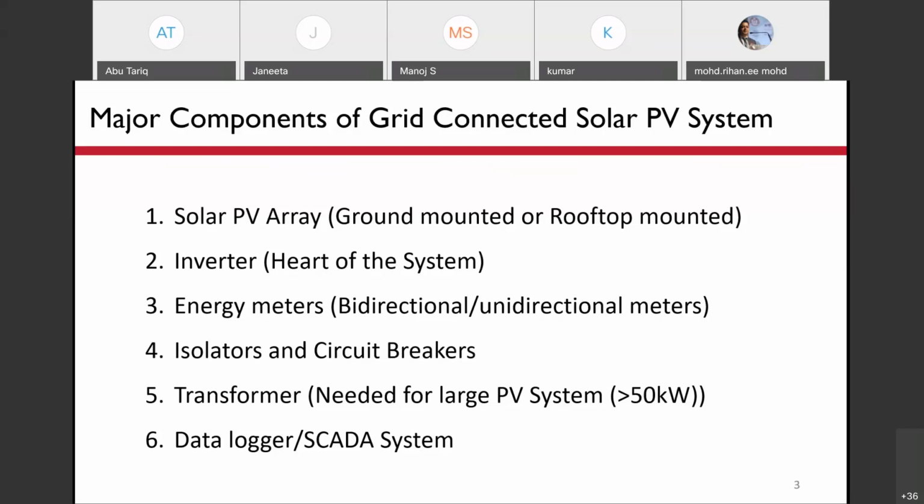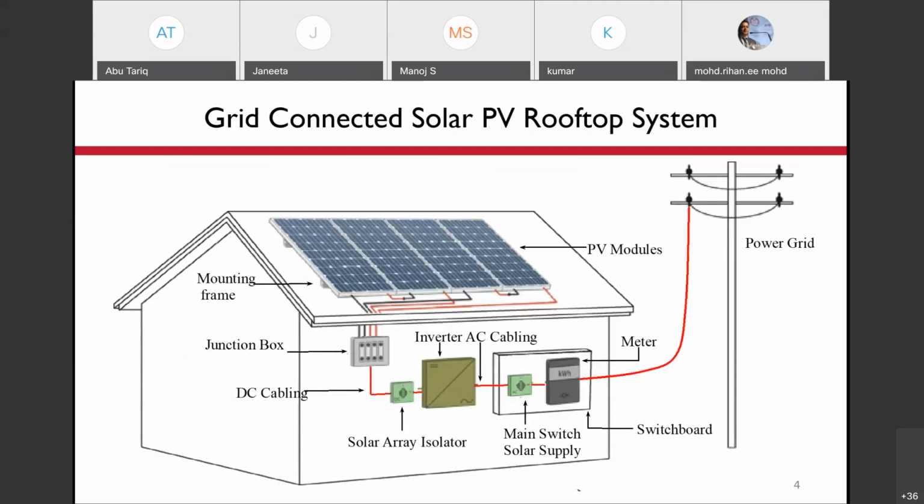So a simple picture gives a layout of a small PV rooftop system. You can see on the top of the roof, there are 4 PV modules, and 2 are connected in series, that is module number 1 and 2. The 3rd and 4th modules are again connected in series.